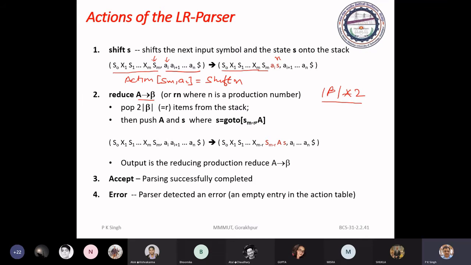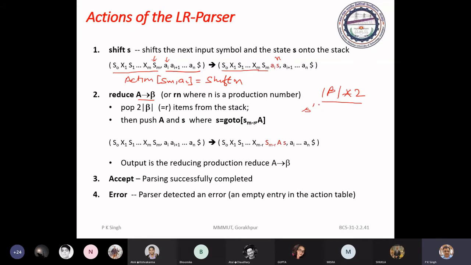Suppose after popping out 6 symbols of this stack, meaning mod beta into 2 symbols, the top of the stack has a state S dash. Then what you have to do?